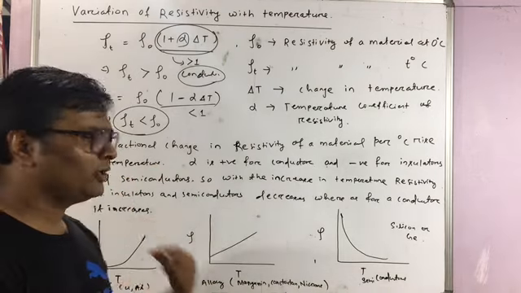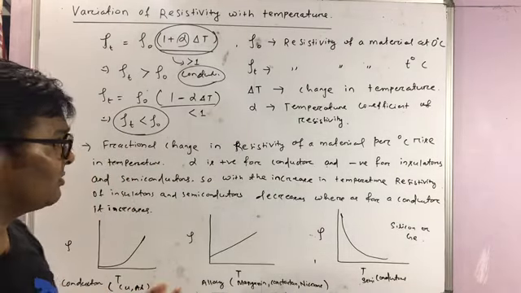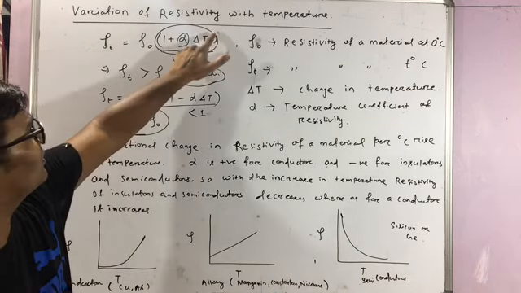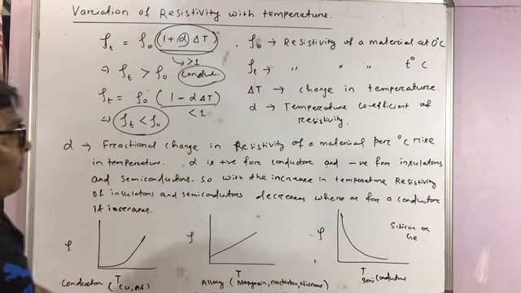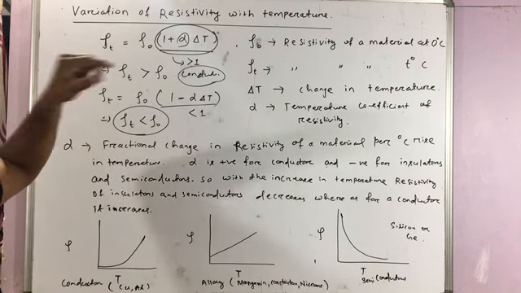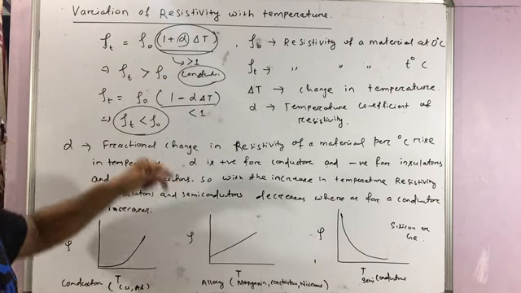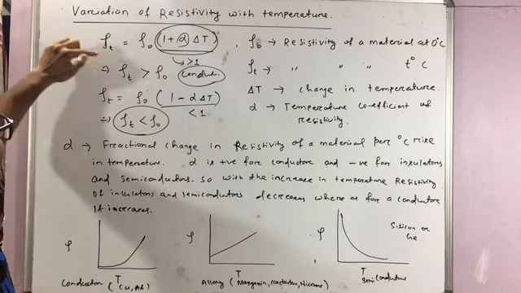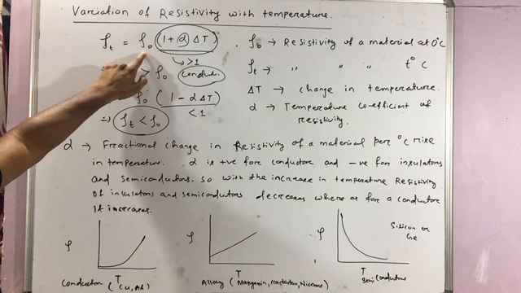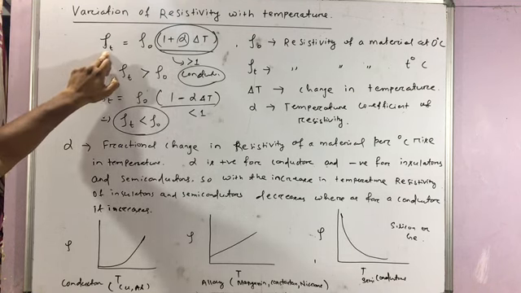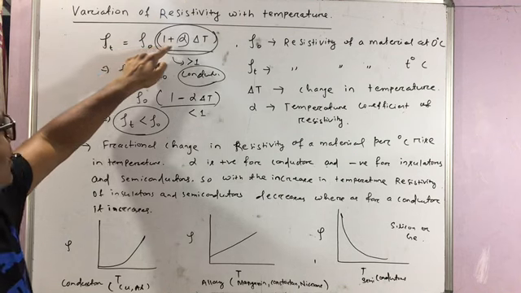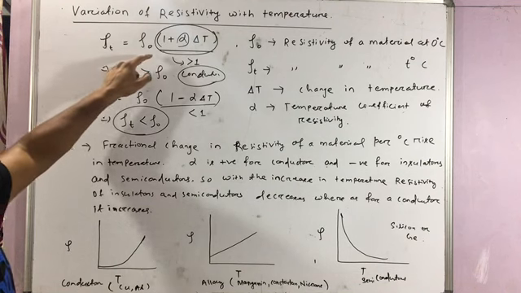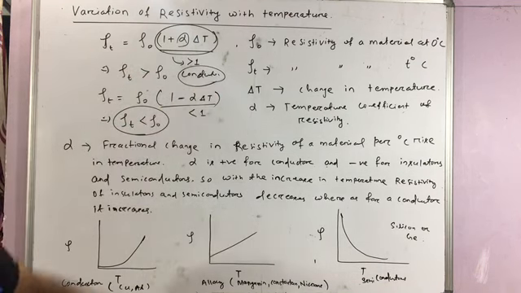Out of this, usually in the board exam, one or two questions may come, so you must remember this very fundamental concept. Also, questions will be asked based on this formula. At temperature T1 the resistivity would be given, and at temperature T2 the resistivity would be given, and you have to find the value of alpha. In that case, you can take alpha to be a constant. So rho T1 is equal to rho 0 into 1 plus alpha T1, and similarly rho T2 is equal to rho 0 into 1 plus alpha T2. Now you can divide and find the value.